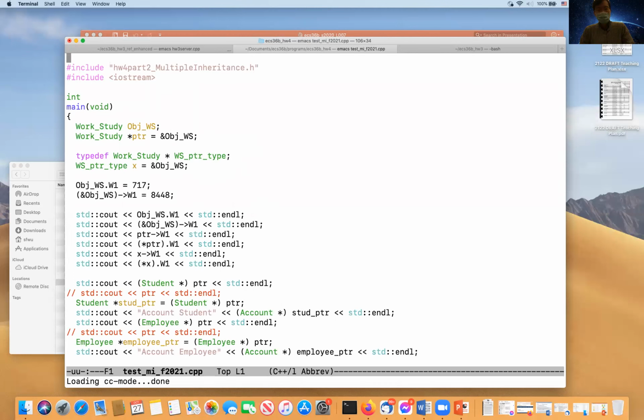The program just includes the multiple inheritance header. I'm going to get rid of most of this. Let me just create one object.